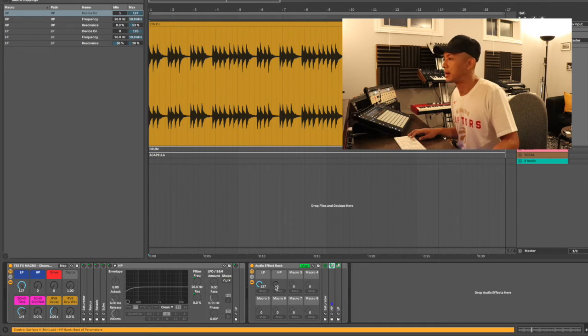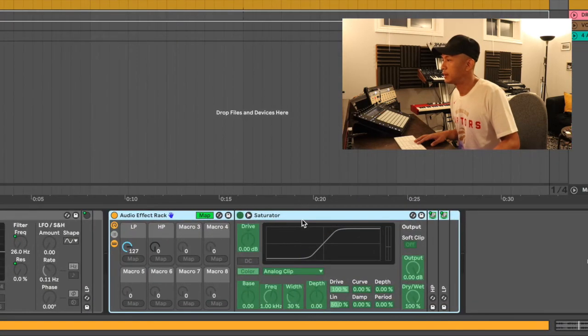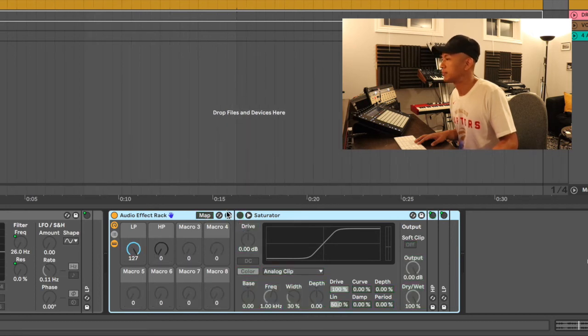Great, so I have my low pass, I have my high pass, and now I've got to do my saturator. So with the saturator, what do I want to be happening here? I want this to drive, but at the same time, I don't want this to be crushing my output and completely fuzzing up the entire sound. What do I mean by this? If I just turn this on, and right now the low pass and high pass aren't activated, so we're not even going to hear that. But if I just turn this on and I play this sound,